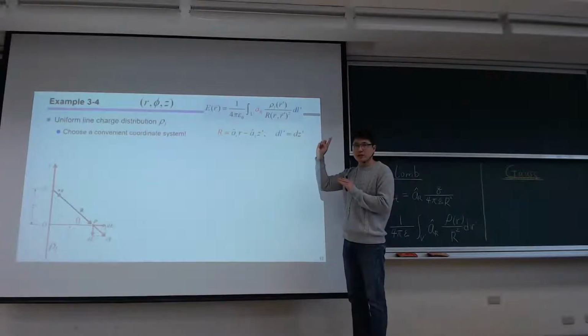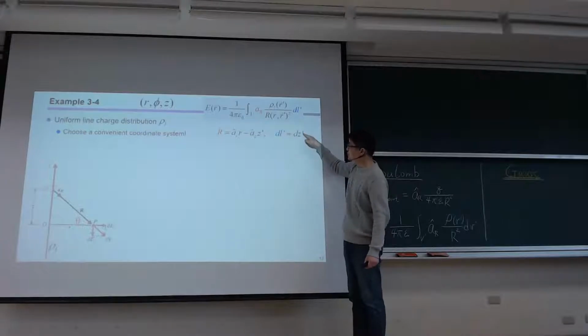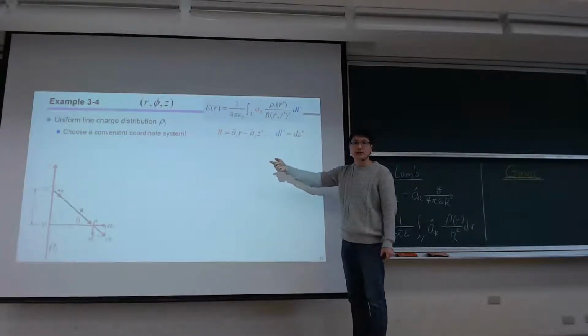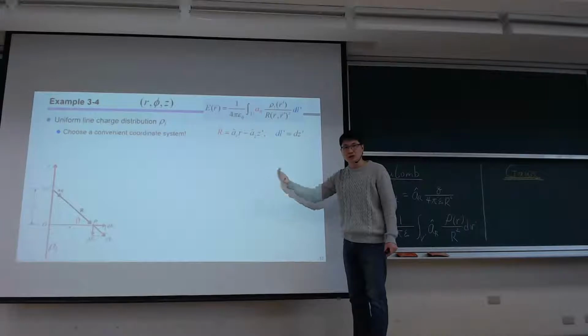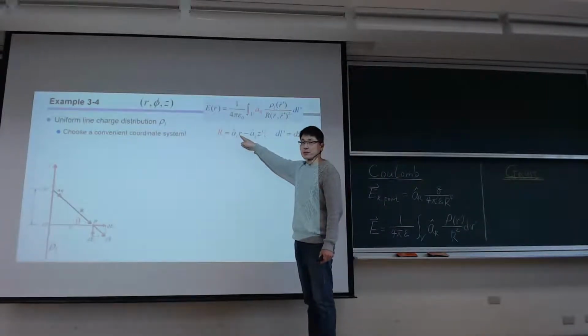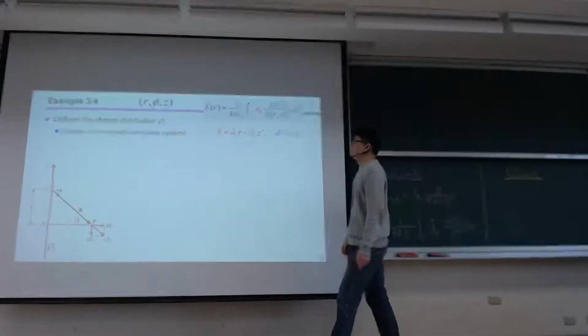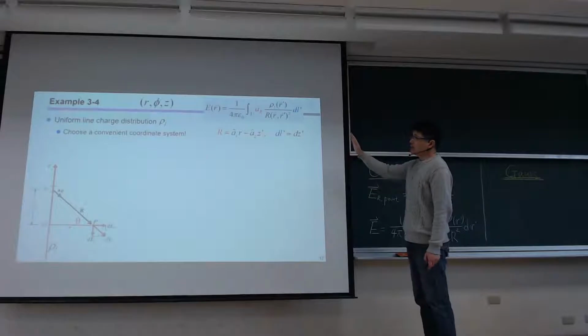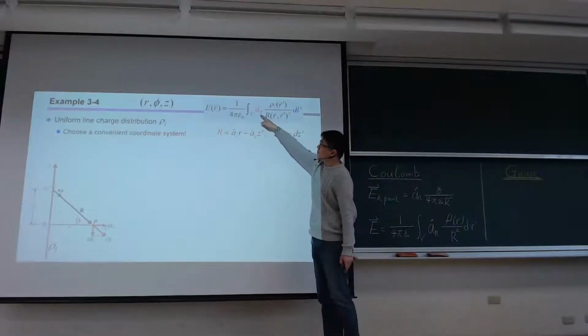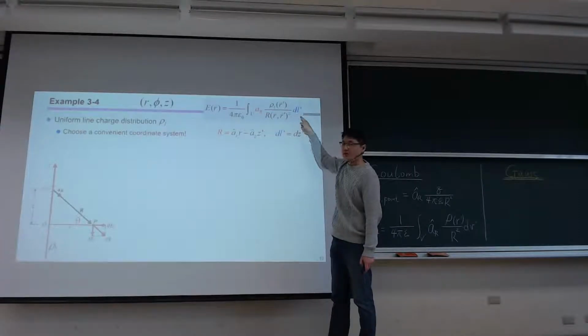Okay, it's in the z direction with an amount of dz. Again, I'm using the prime system to denote I'm working on the charges. And here the r is the observation point, so it's not having the prime. Okay, so now that we know how to properly formulate this unit vector and this differential length, we can just